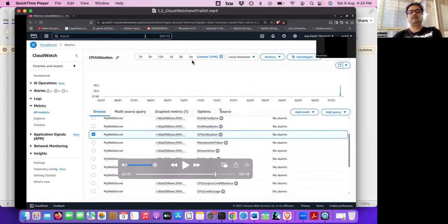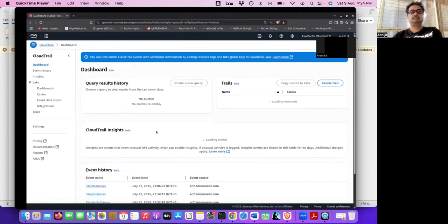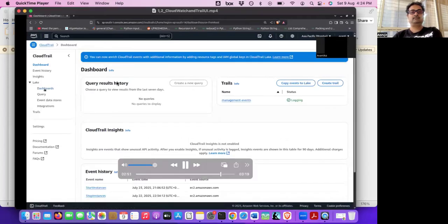So here you can see what is the metrics of past 3 days or 3 hours or 3 minutes or 3 months. You can select that time duration. So this is CloudTrail. Okay, so I will go to the dashboards,